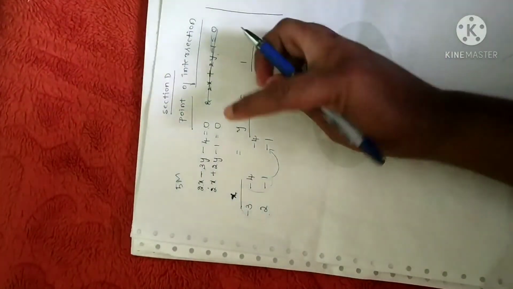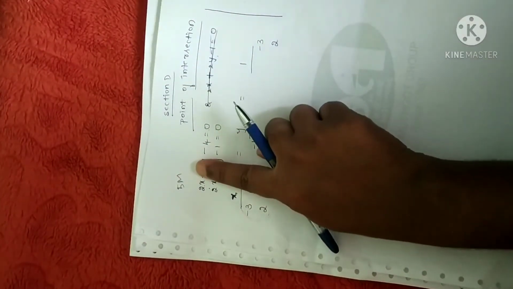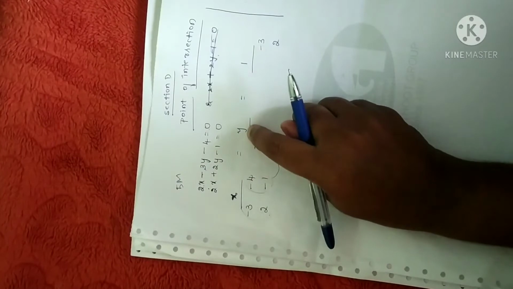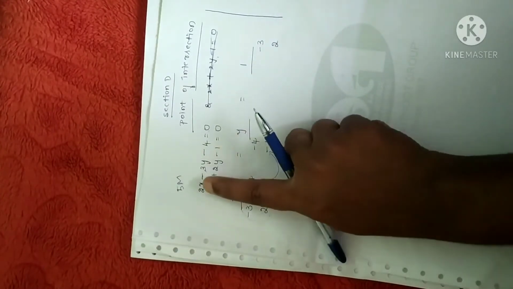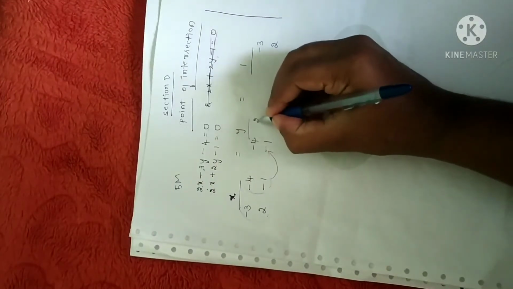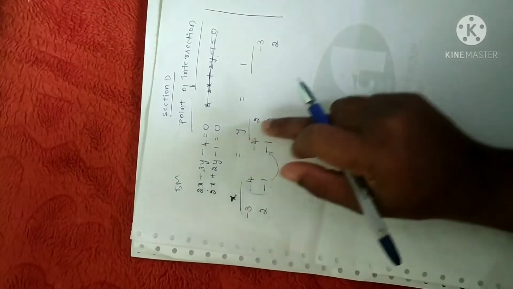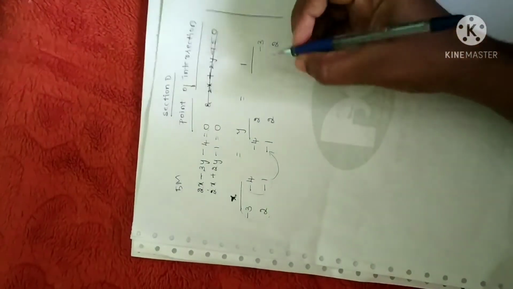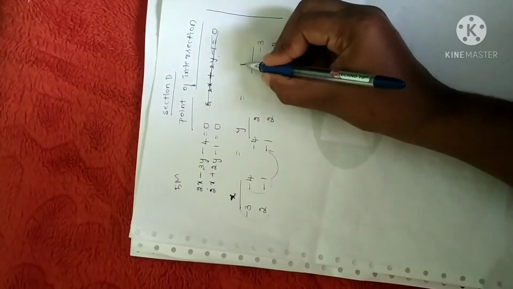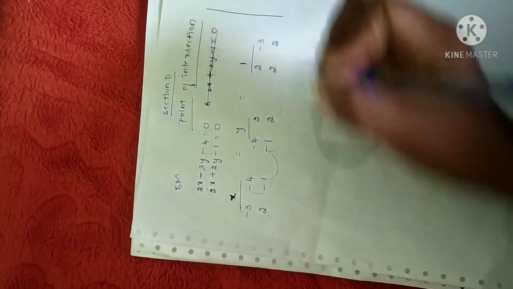Fine. Now, what is the variable you have? Y. Now, you forget y, since I'm listing the coefficients of y, right? So, you forget the y. Now, write the coefficients of x one below the other. Forget y. Write the coefficients one below the other like this: 2 and 2. Now, next step, you have a constant. Whatever the value here, you just copy the same.